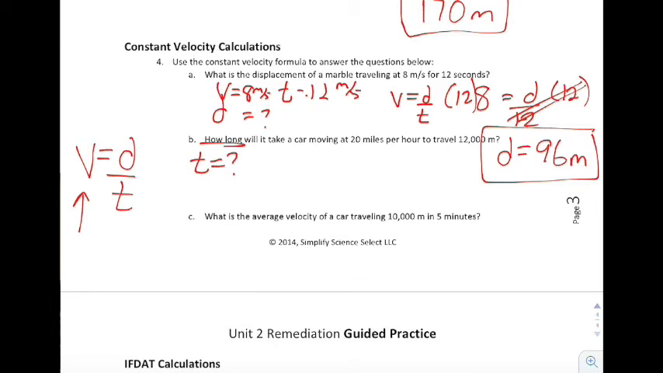But the big trick here is this. You don't have it in meters per second anymore, which you really do need it in. It's in 20 miles per hour. So you're going to have to convert 20 miles per hour